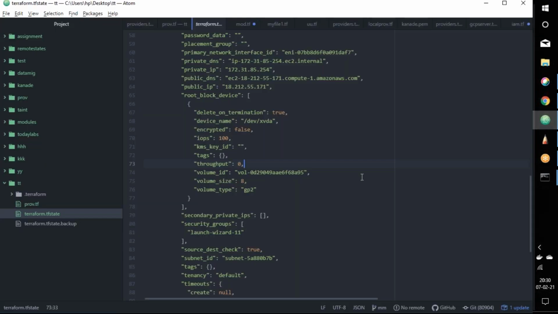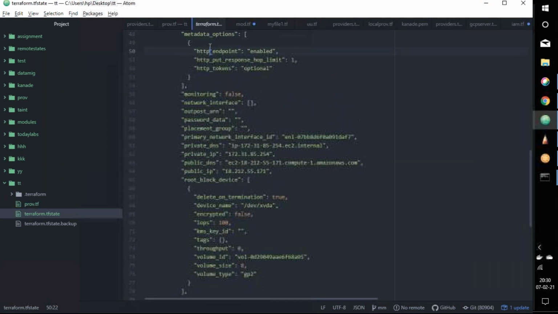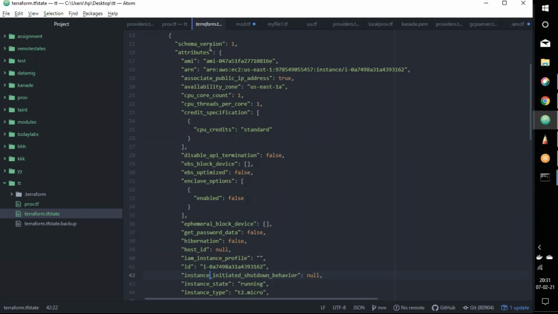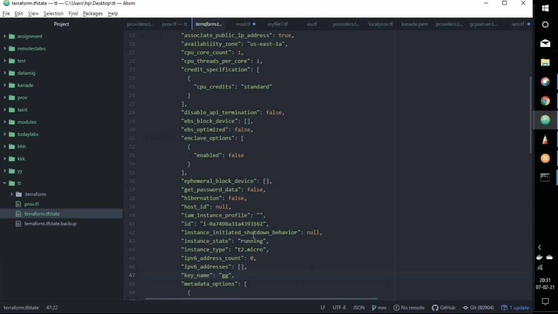And let's look at the state file, what changes it has affected there. If you look there, the instance state is running.